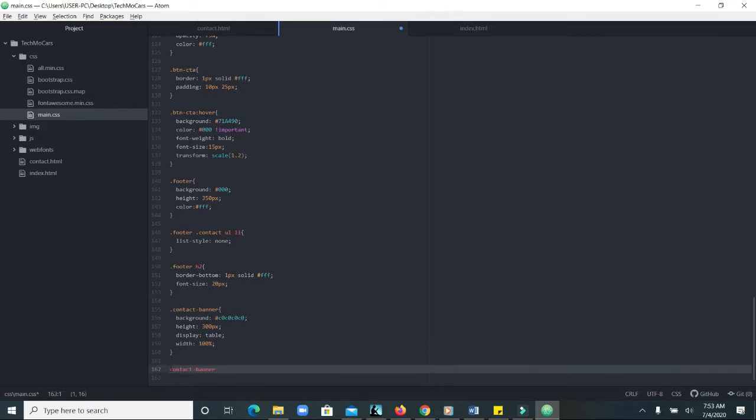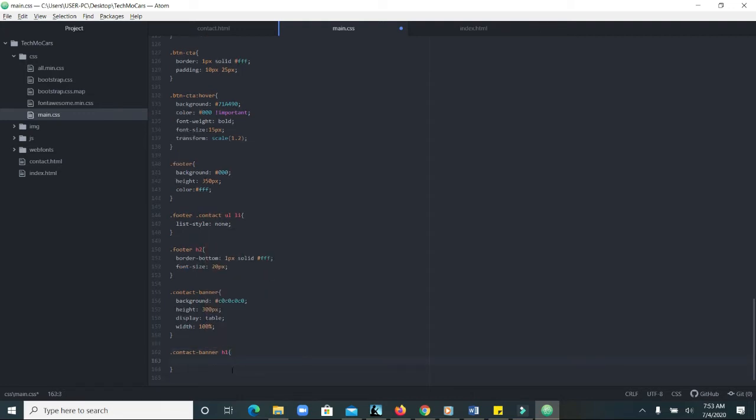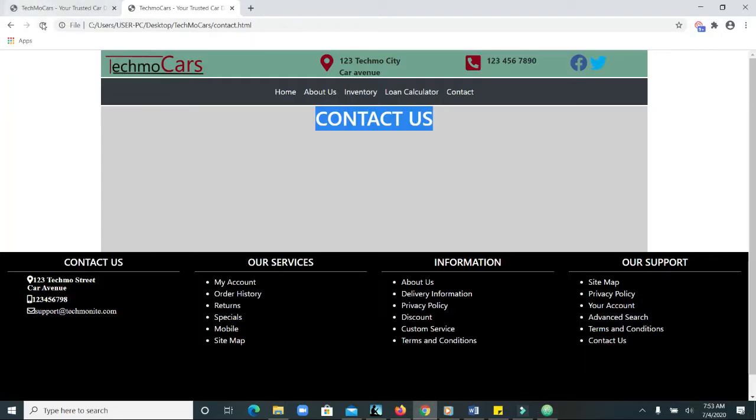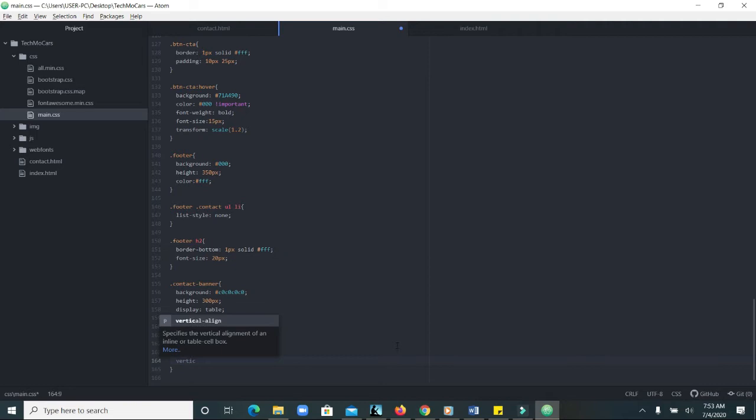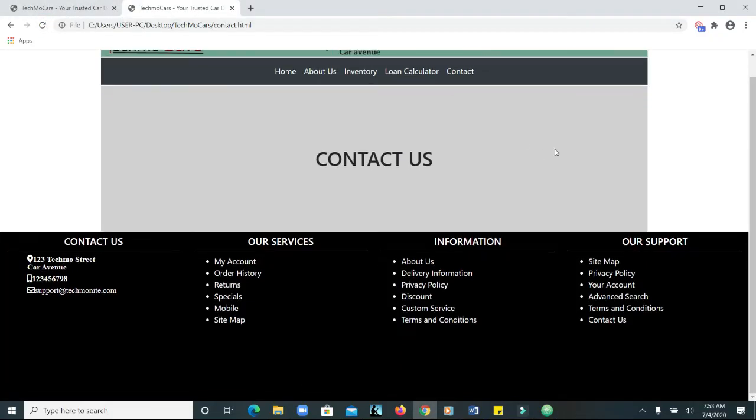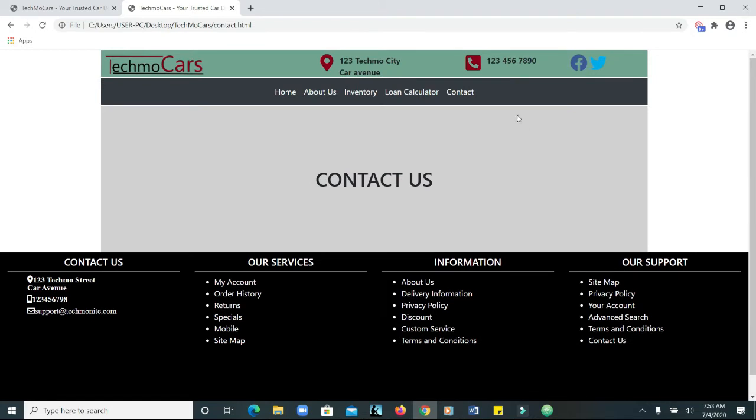contact banner H1. We can have it display as a table cell, like that. Then I give it a vertical align of middle. Yeah, like that. So the next thing is now to focus on